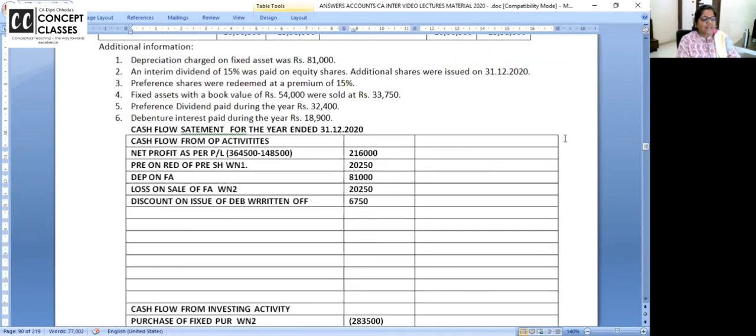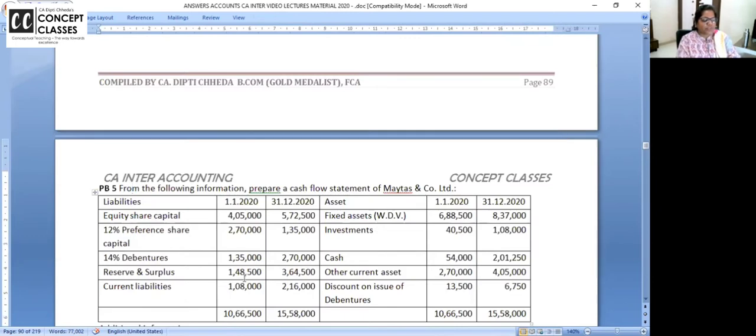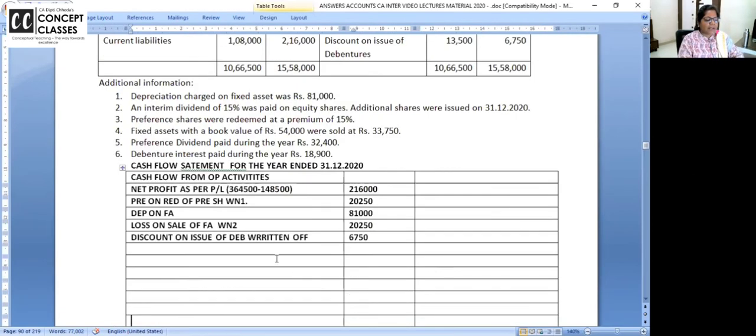But listen, in the P&L appropriation account, under reserves, this part will be more clear in the coming classes when we do more in-depth problems. But reserves must have been debited somewhere. Opening and closing reserve, the difference we have taken as net profit. But dividend paid must have been debited, because it's an interim dividend. So you must have debited it in the P&L. Is it an outflow there? No. So can I add back there?